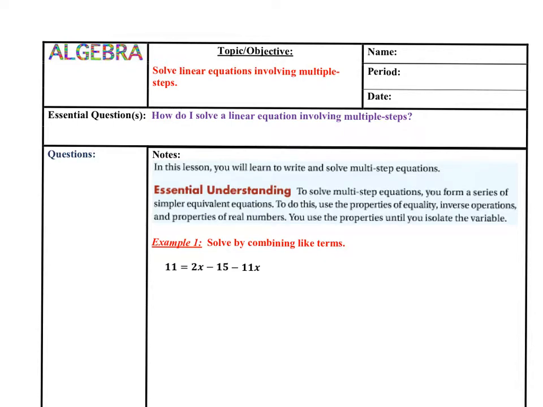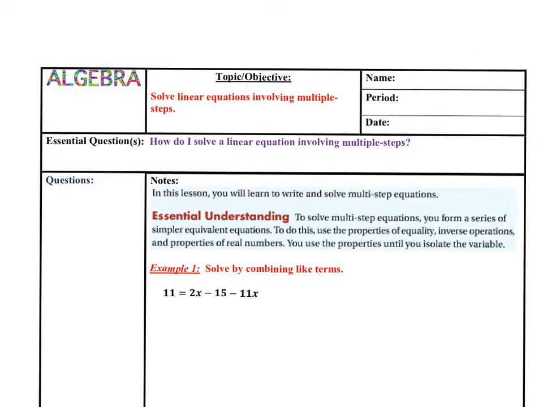All right, today we are doing lesson 1-4. Can you add that to the corner, please? 1-4, add your name and the date. It is 8/22/19. We are solving equations with multiple steps, so more than 2, and we still are practicing the properties and